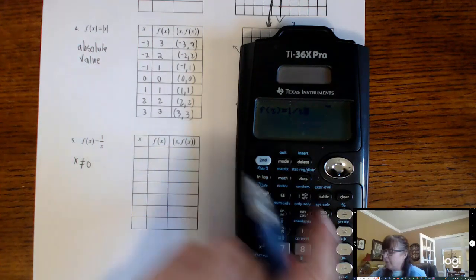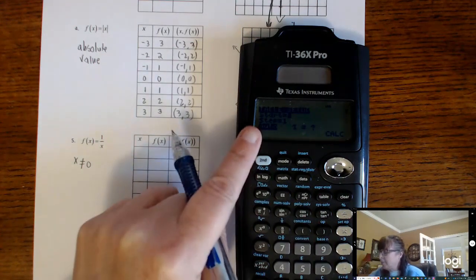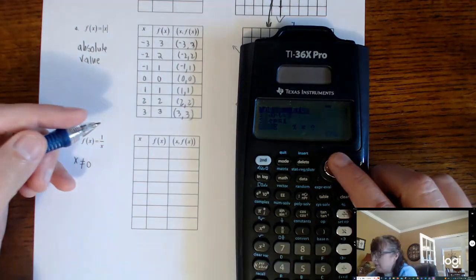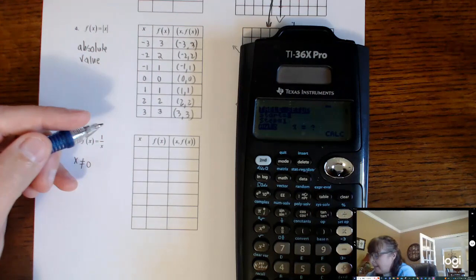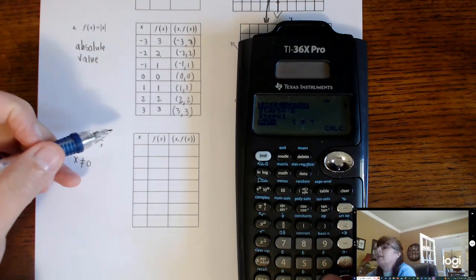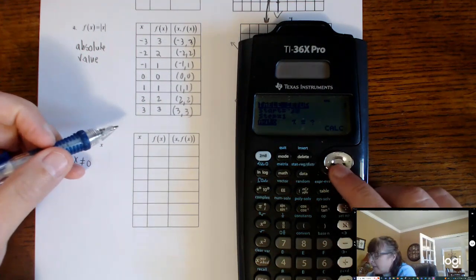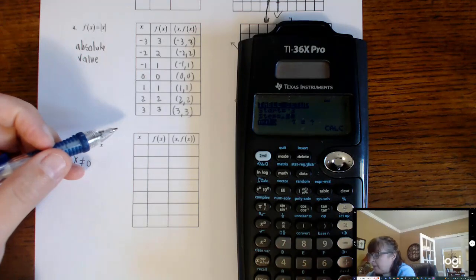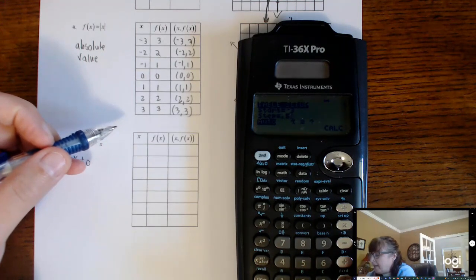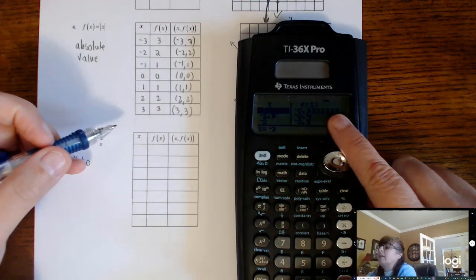Okay, and then we're going to hit enter and go to the table. And so here I'm going to start at -3, so I will type in -3, and then I'm going to count by 0.5. Okay, and then I'm going to hit auto and calc,